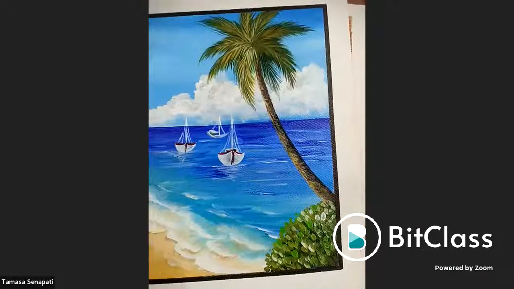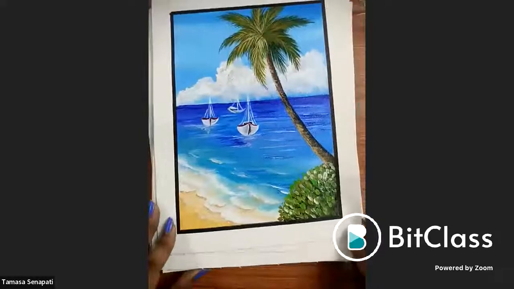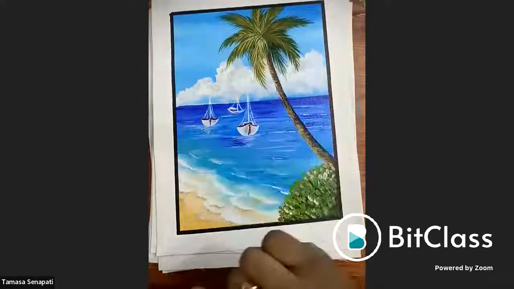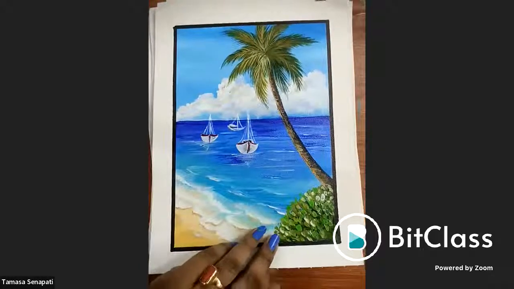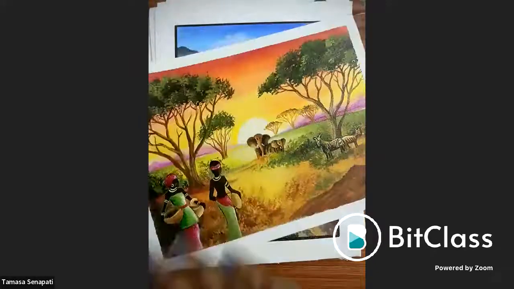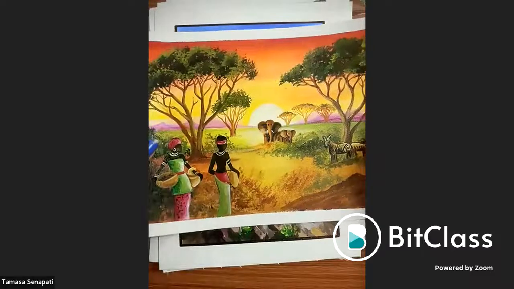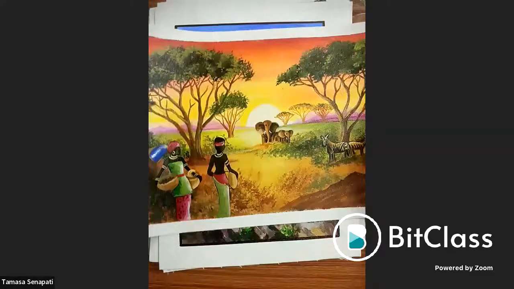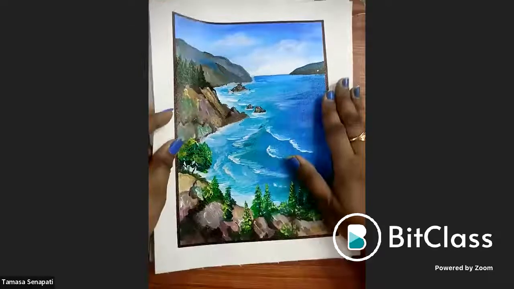Yes. So this type of work we are going to cover in the master sessions, like your seascape painting. Here you can see the cloud effect, and how to create the coconut tree in a realistic way. All these things I'm going to explain to you. Similarly, these are all my master session works I'm showing you. You can see this is your safari landscape painting, evening view. This is also one seascape painting from the